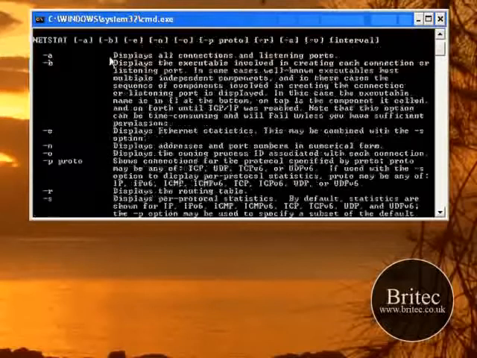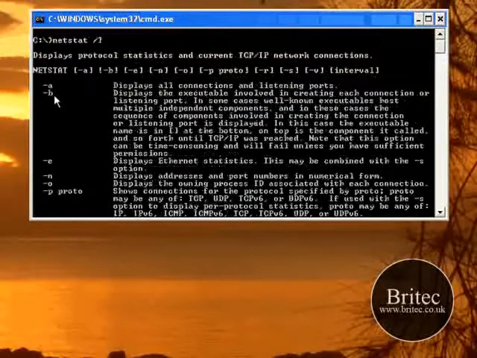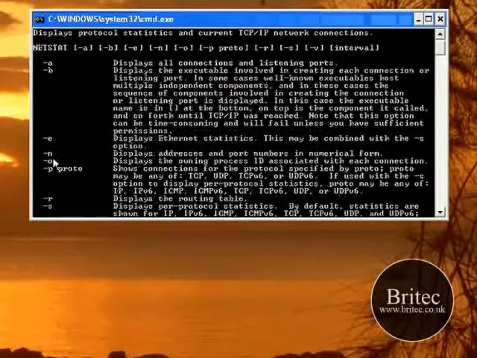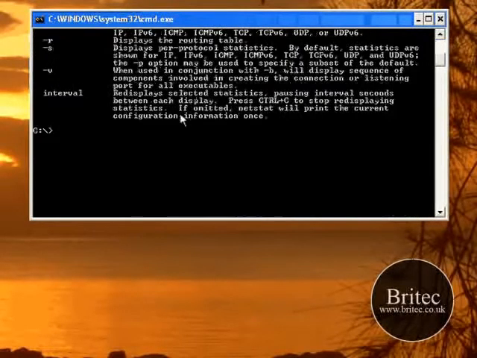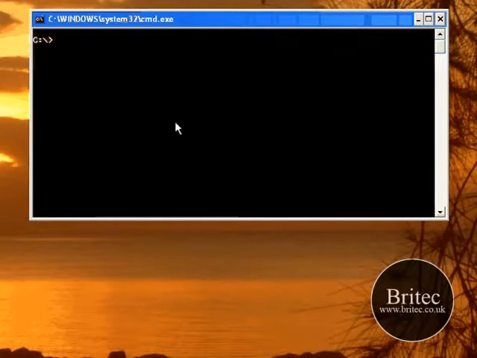That's going to give us all the little switches that we're going to be using, and I'm going to be using the A switch, the B switch, the N switch and the O switch. I'm going to use all those and show you what they can do. Okay, so let's get started. So let's clear the screen and then type netstat like so,